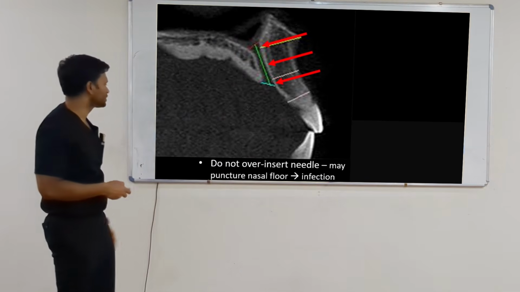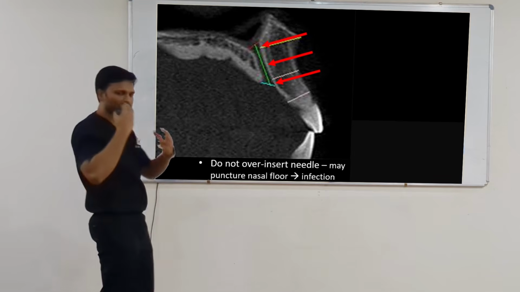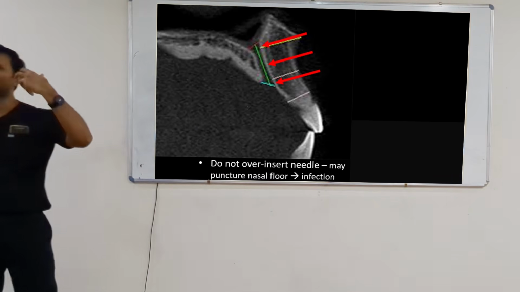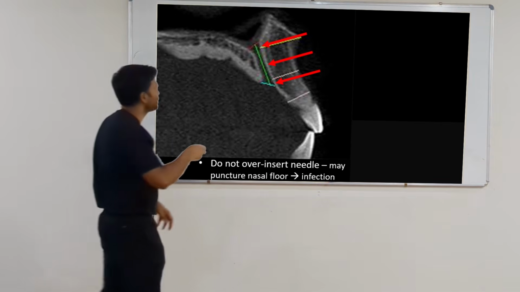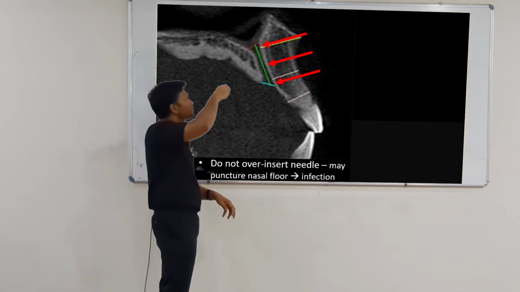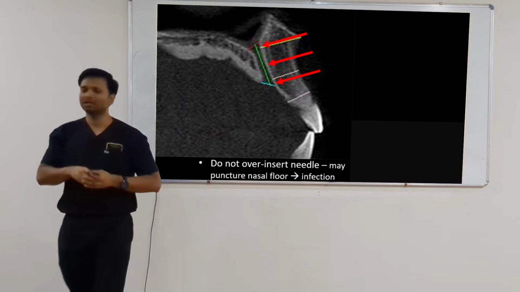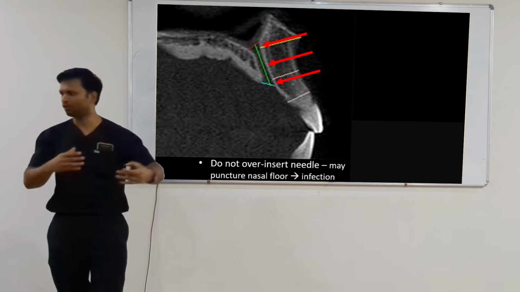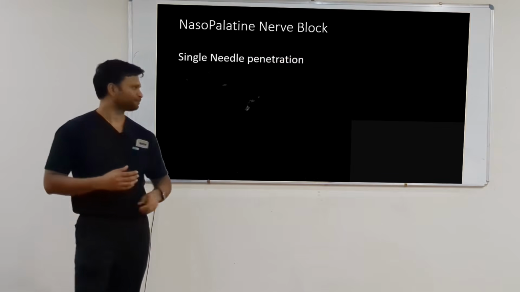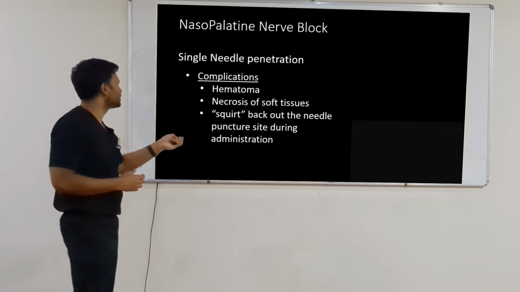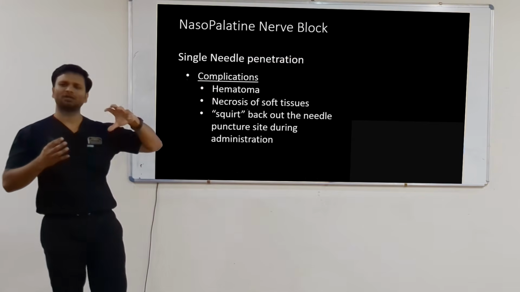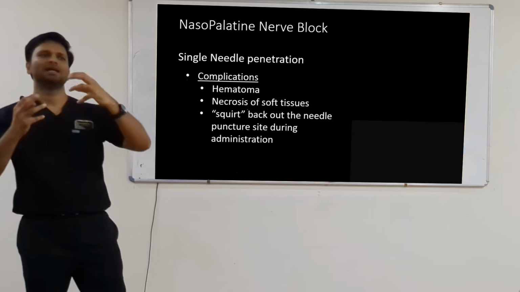You might puncture the nasal floor, and through the nose we breathe in and out microorganisms along with the air. So it might open up this area to infections from the nose. If you over-insert the needle, it might puncture the nasal floor and lead to infection. Basically, complications are rarely hematoma and necrosis of the palatal soft tissue,